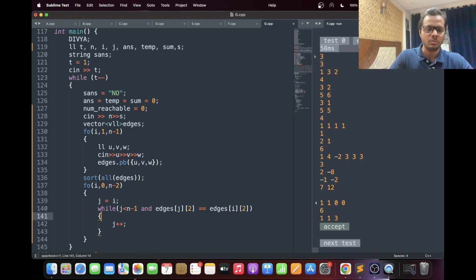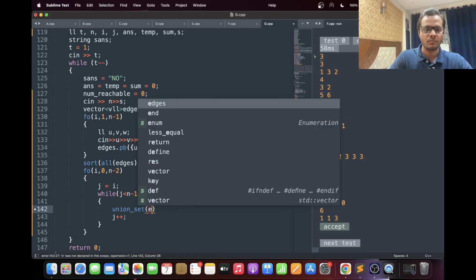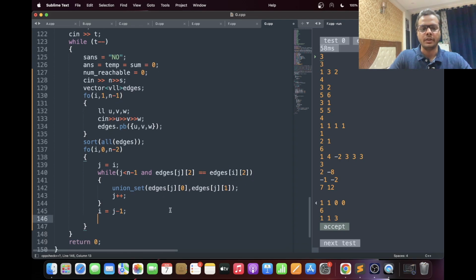We'll do j plus plus, and we'll do union set of edges j0, edges j1, i is equal to j minus 1. Okay, now what we have is